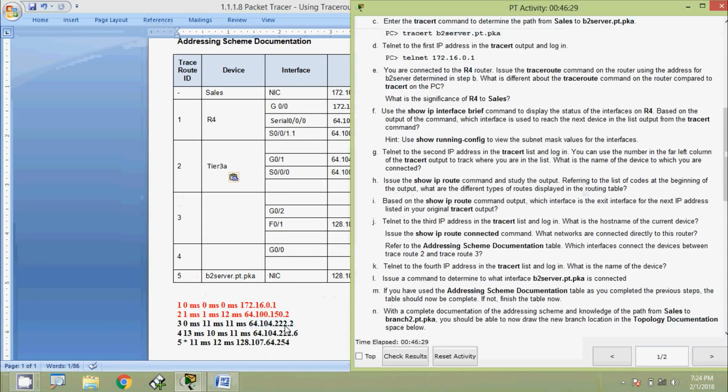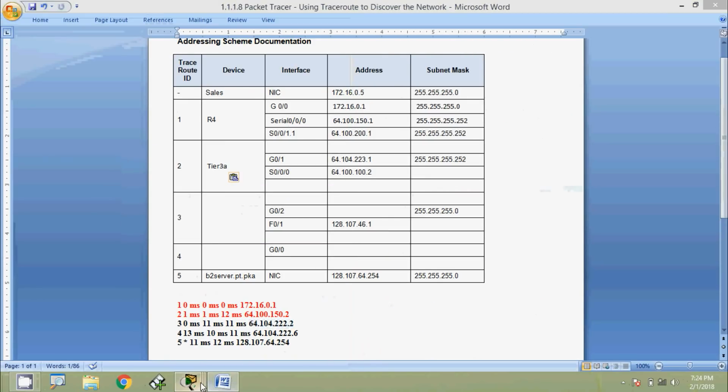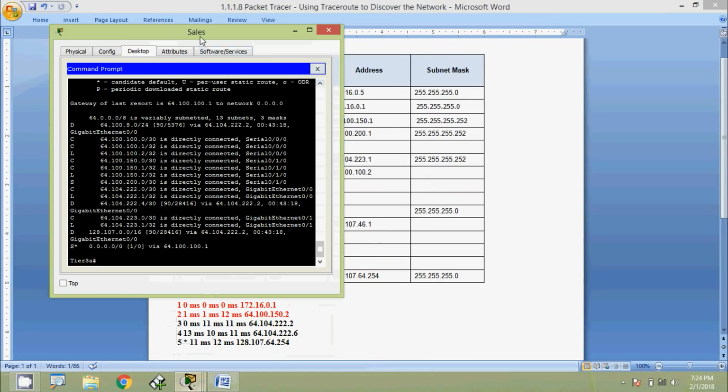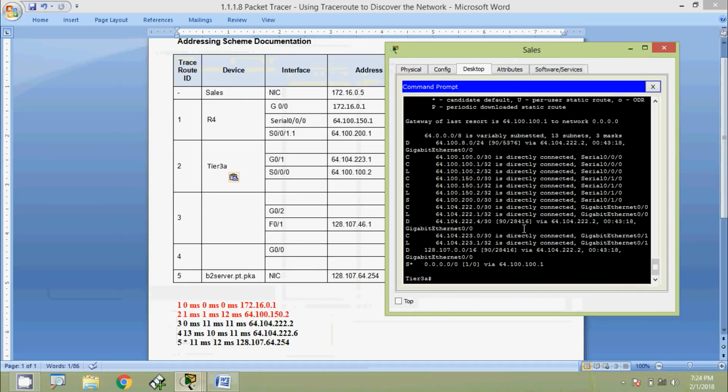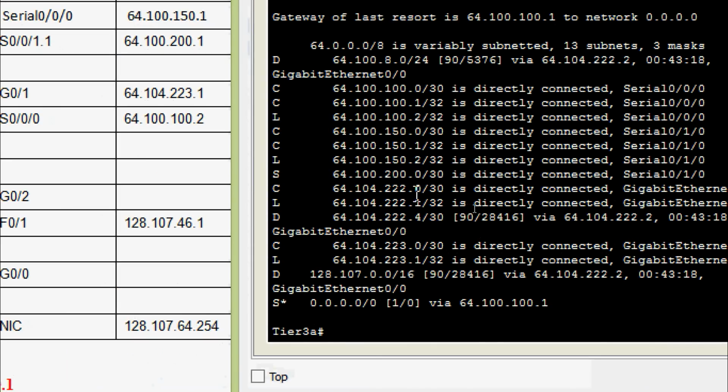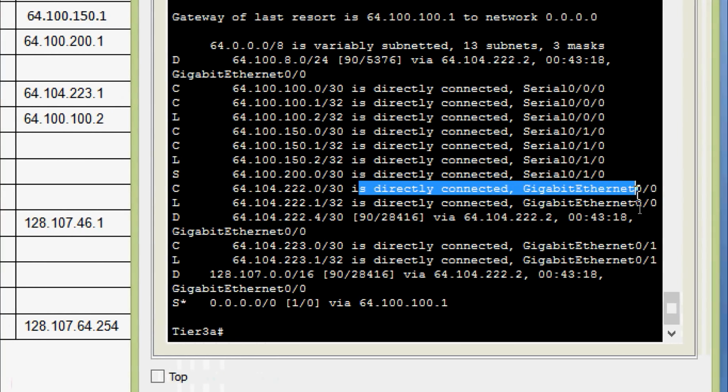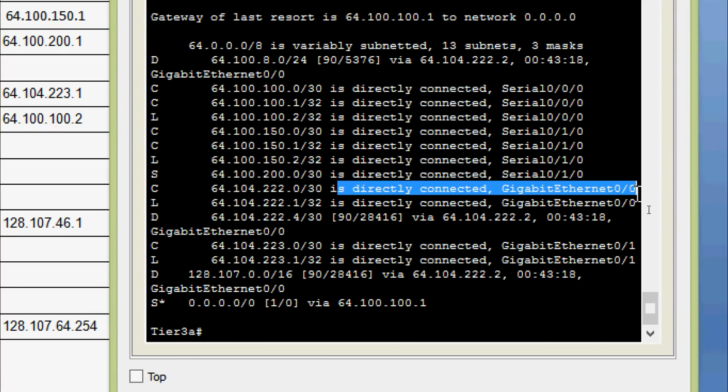So we have to verify our routing table. Here we can see that we have to search for this network. Yes, here we can see that 64.104.222.0/30